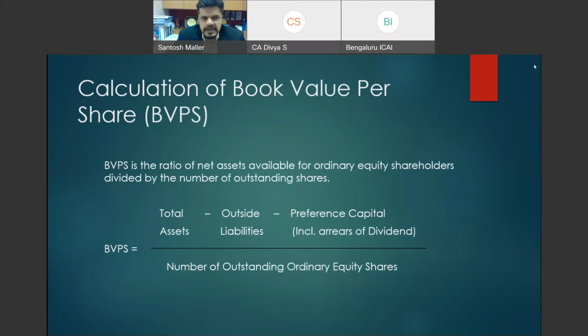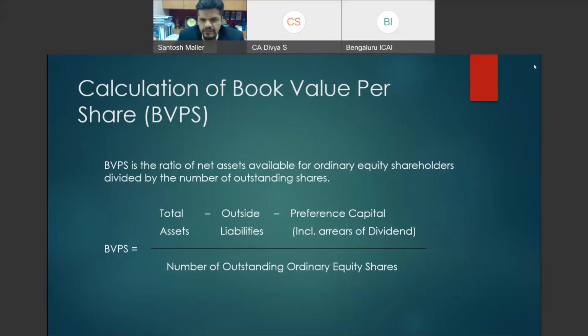In many cases, you will also have some dilution, right? For example, ESOPs, if you are issued employee stock options, or if you have issued certain convertible instruments. So in that case, you will also have to consider the diluted shares for the purpose of calculating the denominator, the shares that you will potentially issue subsequent to conversion of preference shares into equity shares or conversion of ESOPs into equity shares.